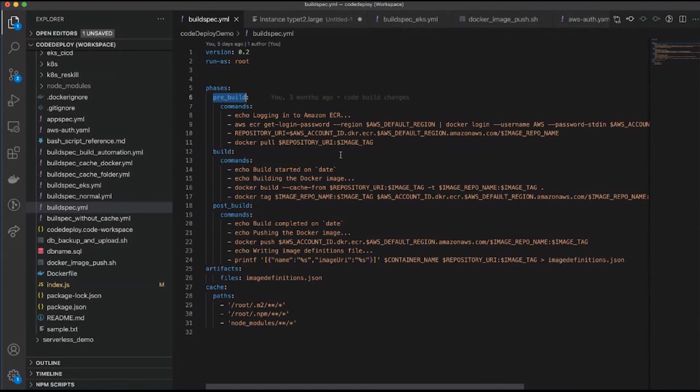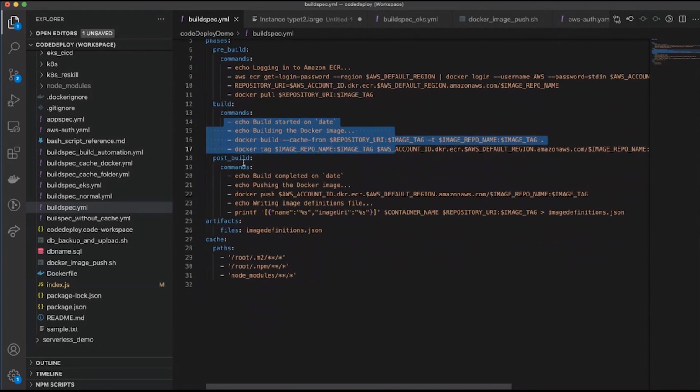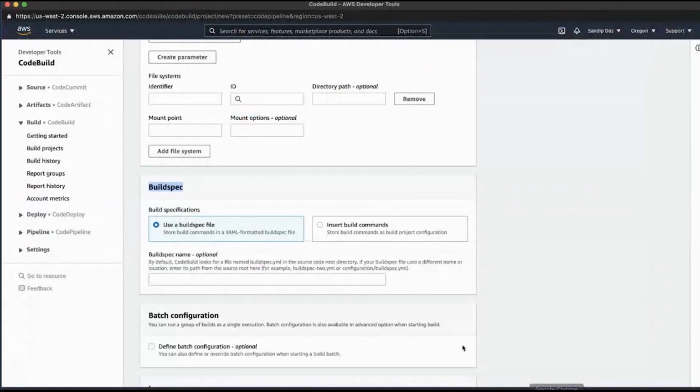So pre-build is where you make your environment ready, or the Docker environment, to make the build ready. Like here, we are going to make a Docker build, so we are first logging into ECR. If there is any existing Docker image, we are just pulling the image. We are doing all that here. And in the build phase, we are making the actual Docker build. And in the post build, when the build is over and successful, we are pushing the Docker image to AWS ECR, and we are passing this config into ECS so that these changes can be deployed in a particular service. Okay, let's go on.